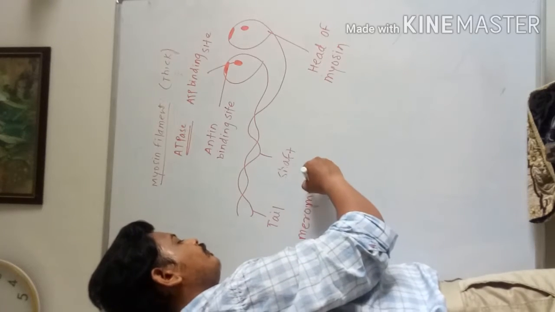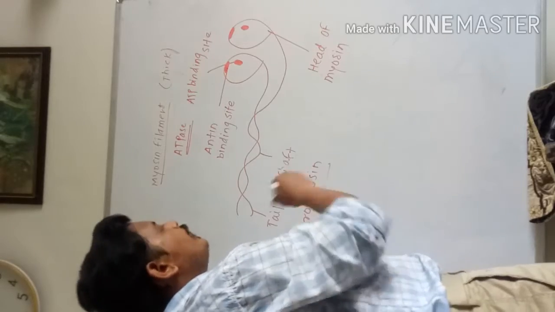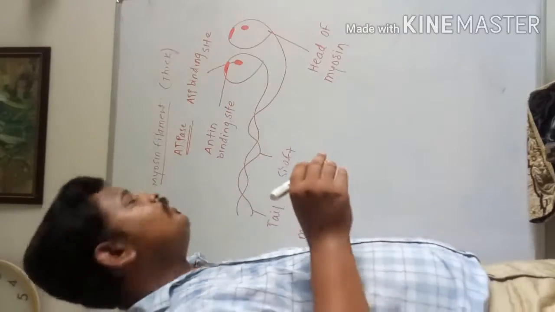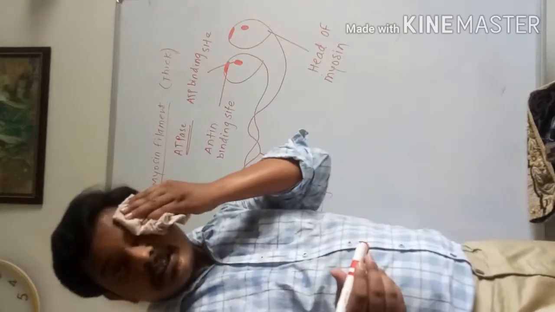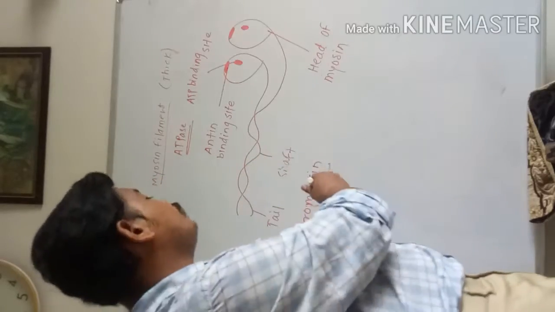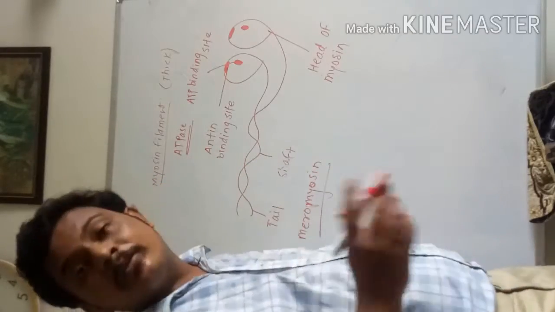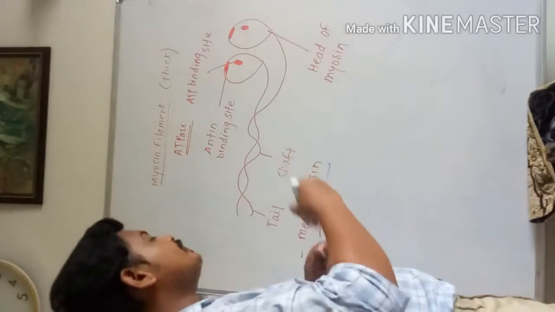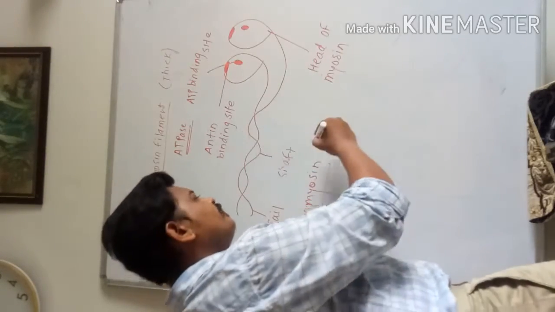Meromyosin means, ये जो एंटायर मॉलिक्यूल है प्रोटीन का, ये इसका मोनोमर कौन है? इसका मोनोमर है मेरोमायोसिन। अब इसमें दो मेरोमायोसिन होते हैं। देखो, एक होता है